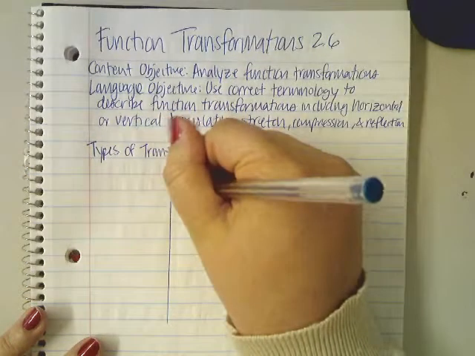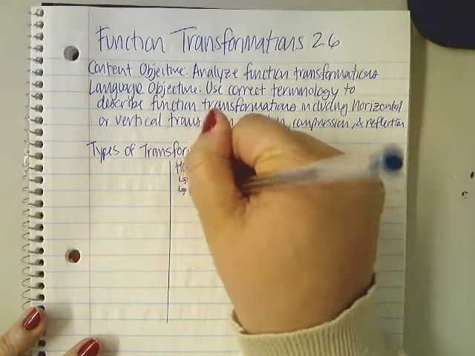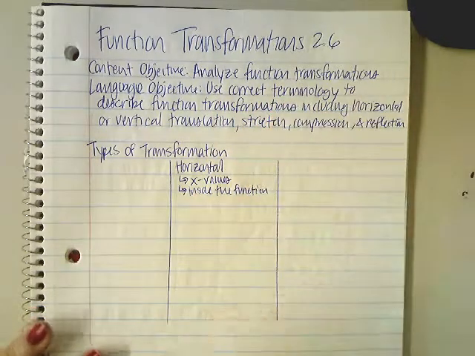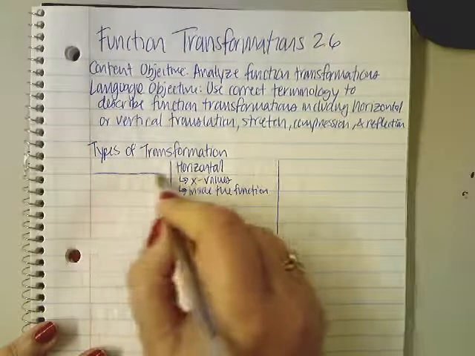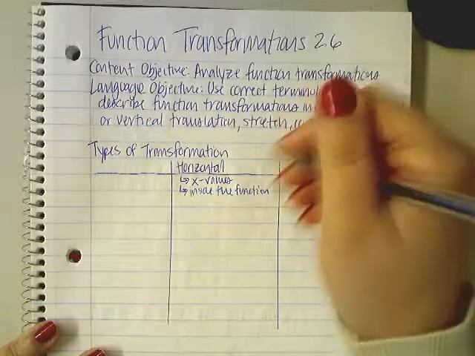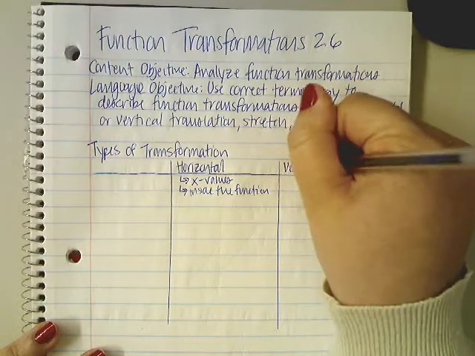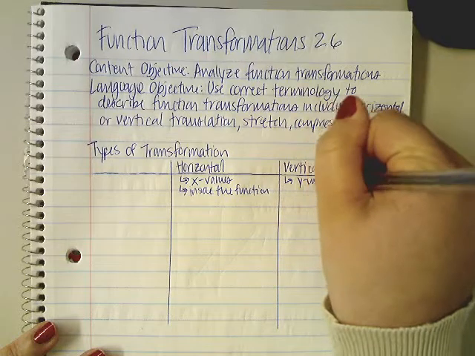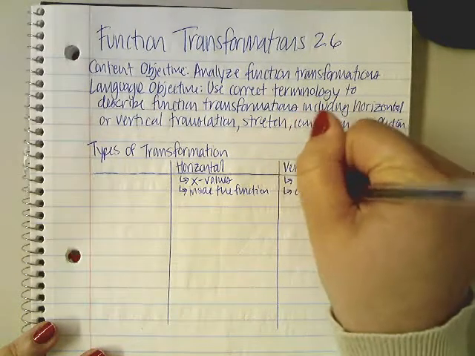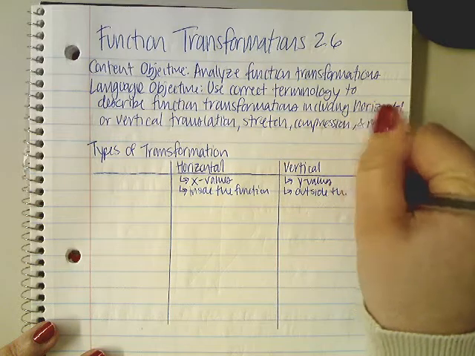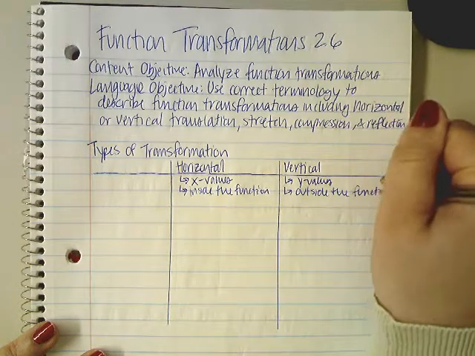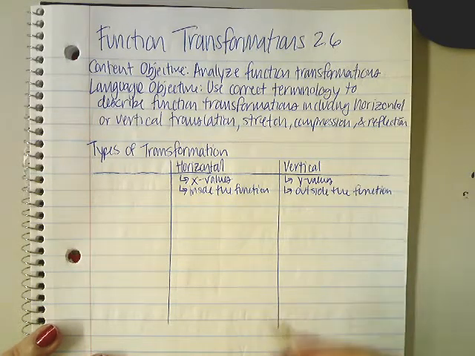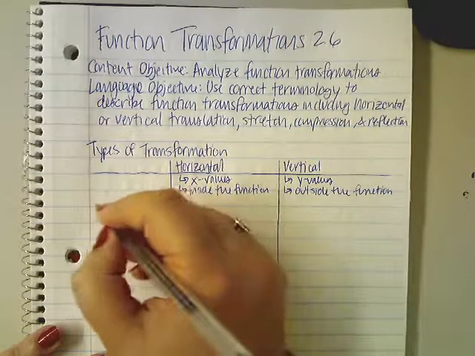And they're always going to be inside the function, and this will make more sense in a minute when I get to the actual application of some of these things. But just as a quick overview, horizontal is x values and they are inside the function, and vertical is our vertical axis. It's going to be our y values, and it affects outside the function. So those are just some key points or overview concepts before we jump right in. So the first type of transformation we're going to talk about